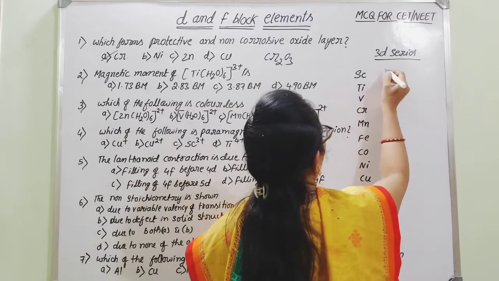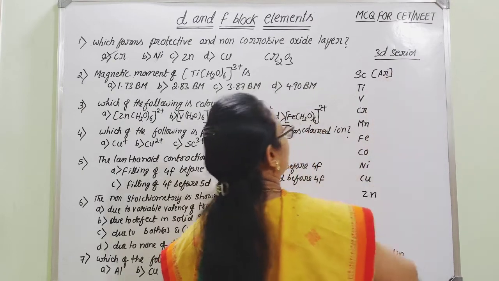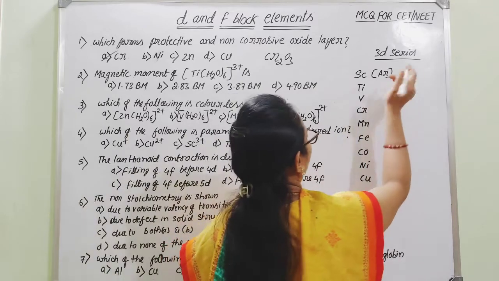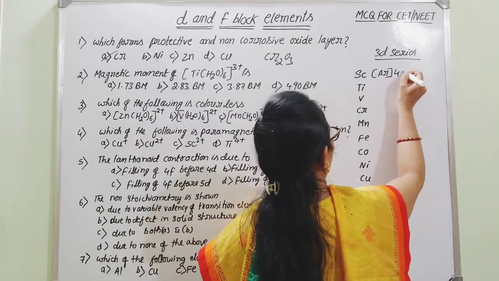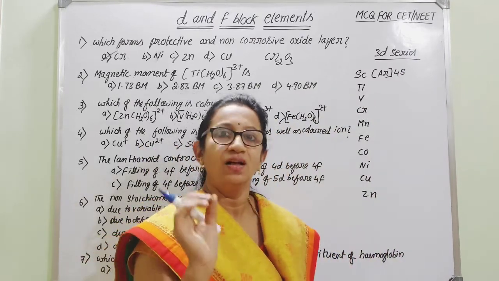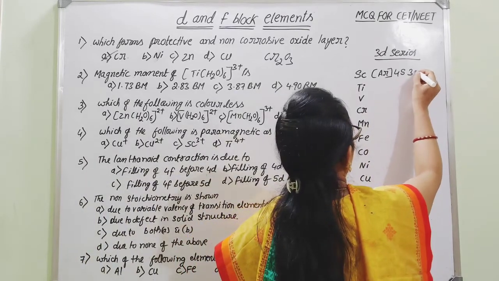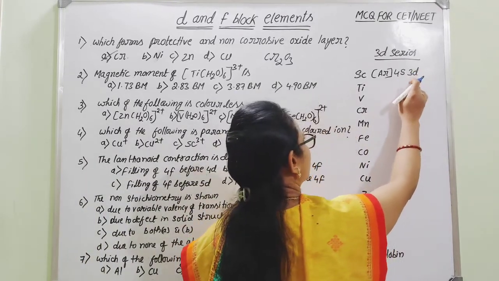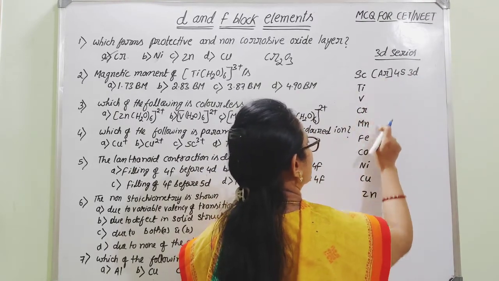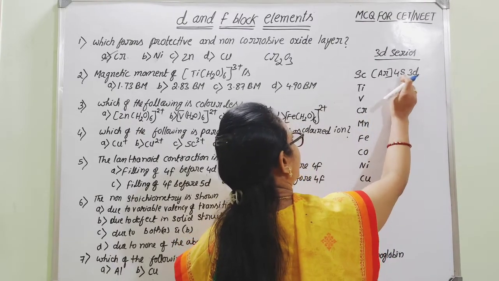As you can remember, all are having the noble gas configuration. They are saturating the argon configuration. After that, they will be having different electronic configuration. According to the Aufbau principle, the electrons will be added first to the lower energy level orbitals. Here, among 4s and 3d, 4s will be filled first, then the electrons will be added to 3d. Then, all will be having the same noble gas configuration, with slight differences with respect to 3d or 4s.